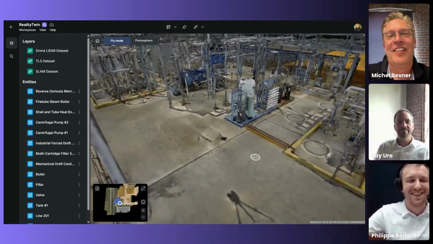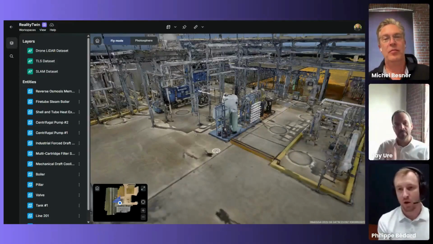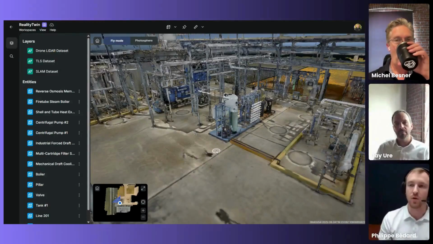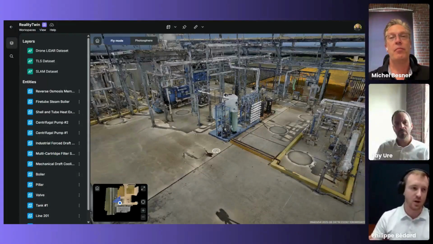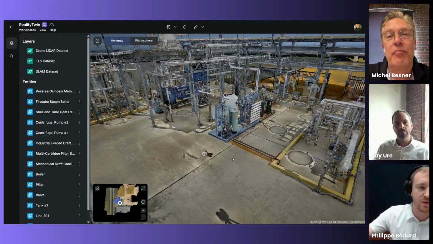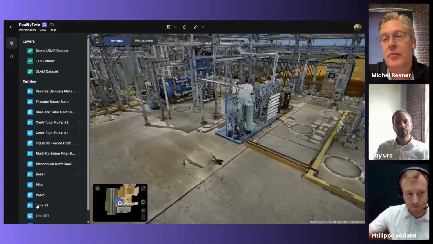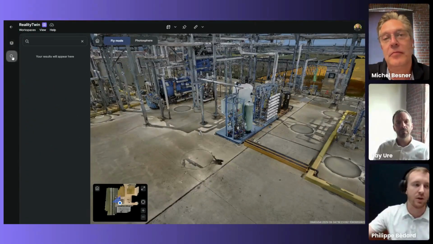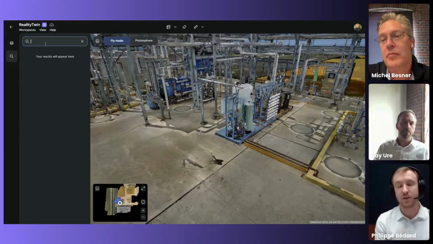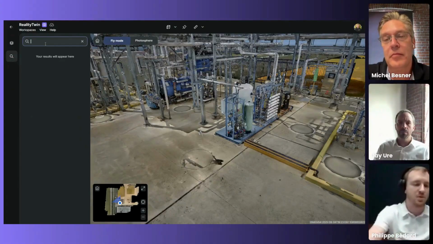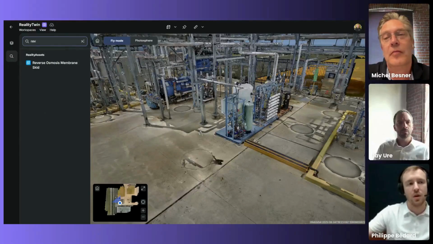Okay. So inside RealityTwin, basically you have all your reality assets that were created. Earlier, Michel showed that we are able to create multiple reality assets and attach data. What I will show you here is some assets that were already defined. On the left side panel, you see all those assets. We have a search bar over here where you can type in your assets. Pretty soon we will have a lot of filtering capabilities as well, to filter by asset type. I can search for things by name or properties, and it will allow you to teleport